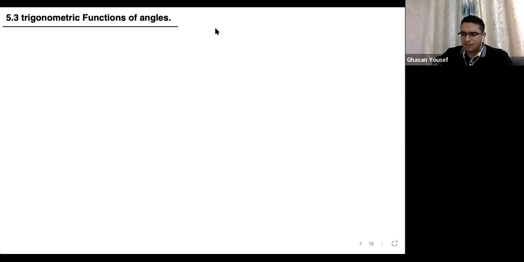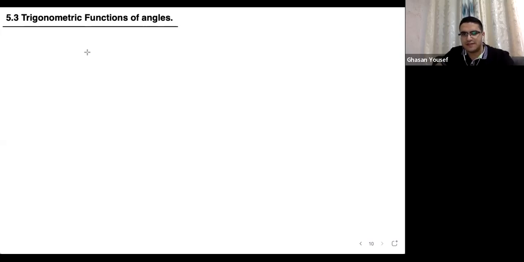So it is not that hard. We have some easy steps. We're going to follow the steps to find the value for the trigonometric function. So first of all, step number 1. Trigonometric functions of angles. This means all my angles in this section, or also in the previous section, are in standard position. I mean in the standard position, the initial side is the positive x-axis,